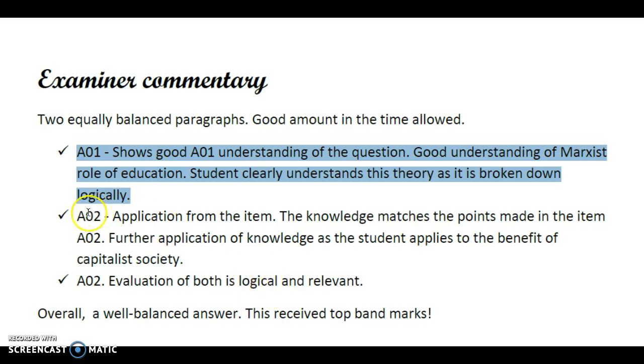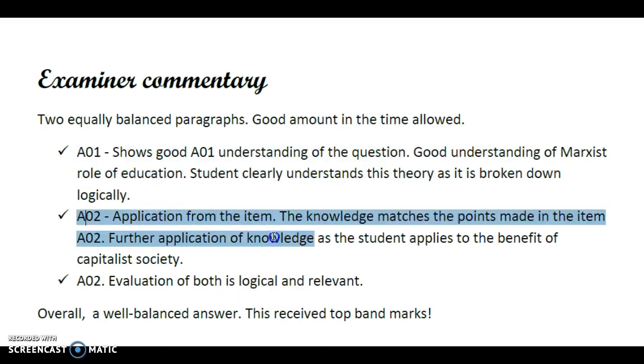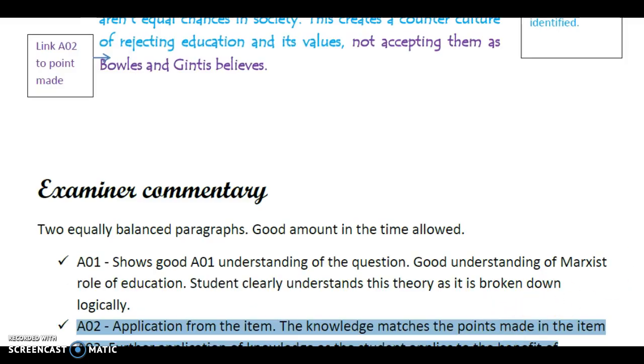The application from the item, the knowledge matches the point made in the item, it was logical, and further application of knowledge as the student applies to the benefit of capitalist society as well. They understood what was being requested of them in this answer. And the evaluation of both of them is logical and relevant, it flows. And to me as an examiner, this showed a well-balanced answer, and I put it into the top band. Okay, so student's answer,